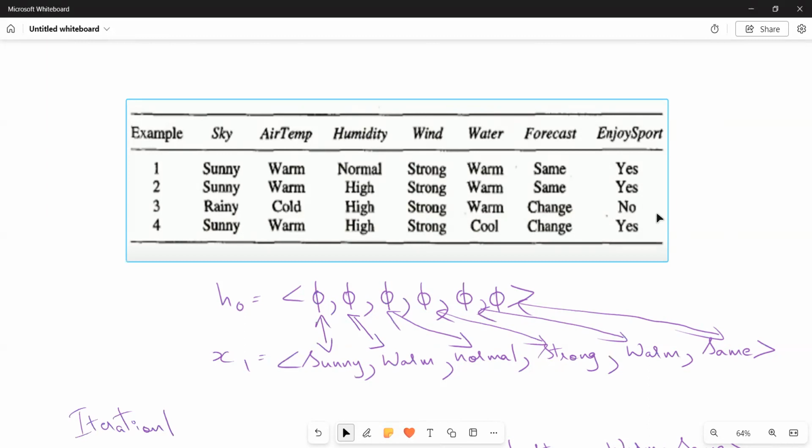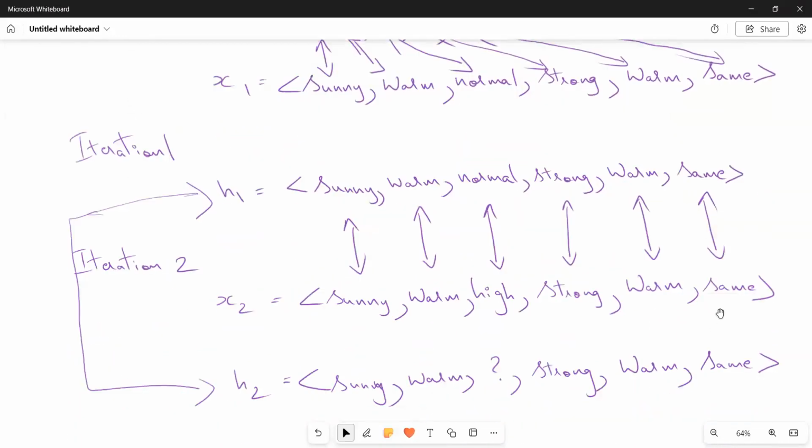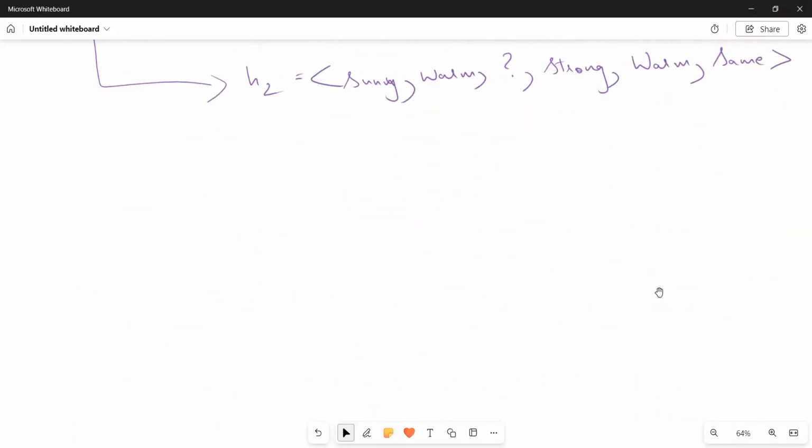When you have a negative outcome, you simply ignore it, and you will have to write the reason for that. So your iteration 3 is ignored. You get your H3, but your iteration is ignored,